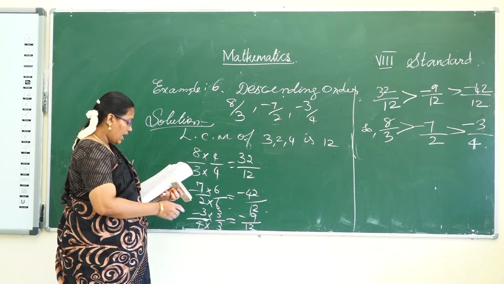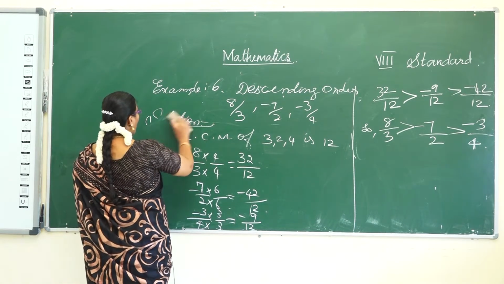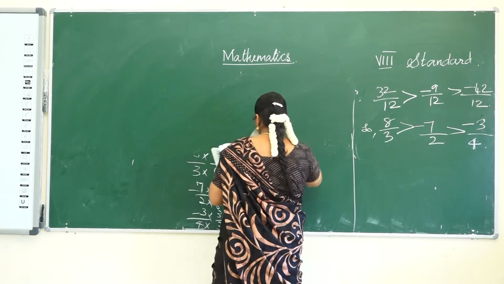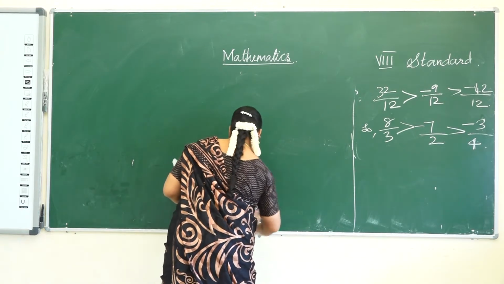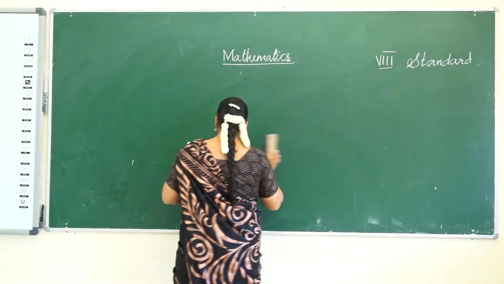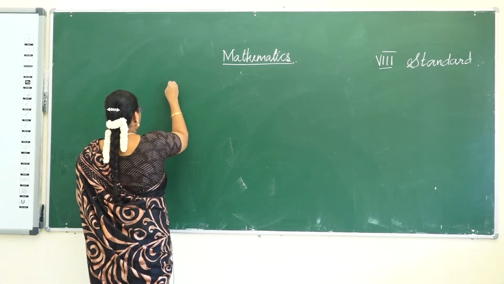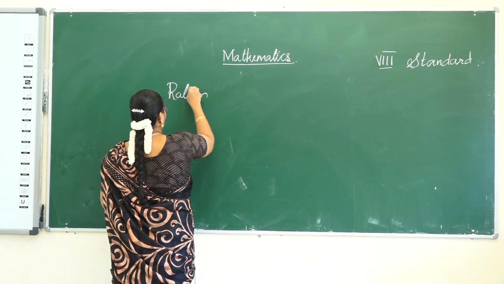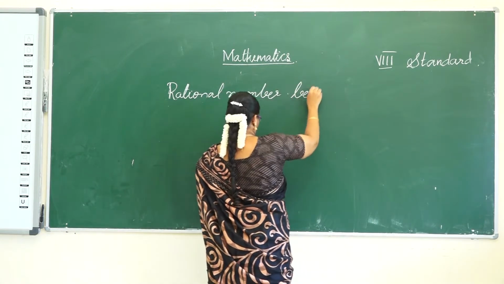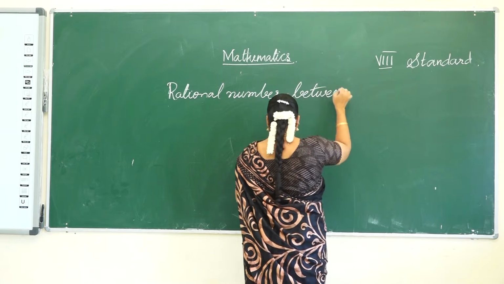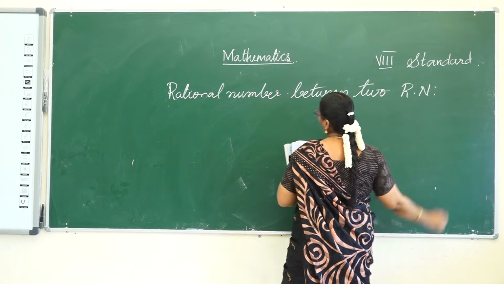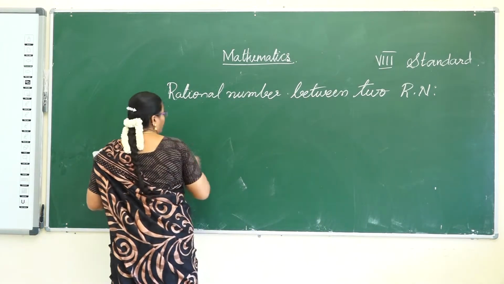Next concept, rational numbers between two rational numbers. How do you find the rational number between any two rational numbers? So, rational numbers between two rational numbers, how do you find them? Already you know that, is it? So, in a number line,